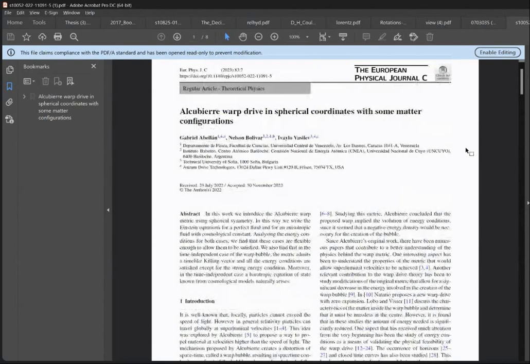This is something that we have been working on for almost 1 year to figure out a space-time metric with this specific symmetry, spherical coordinate symmetry, that can give us more insight about what happens with warp drive. There is a lot to say that is in the article, and a lot to say still about things that are not in the article, which is part of our next research and the things that we're already working on.